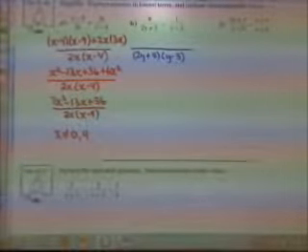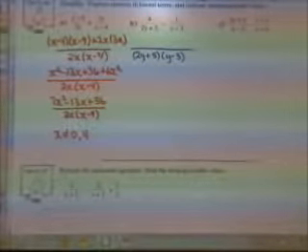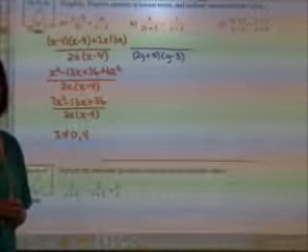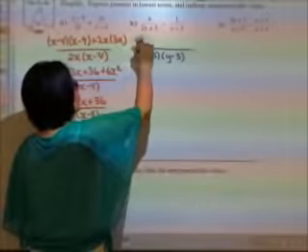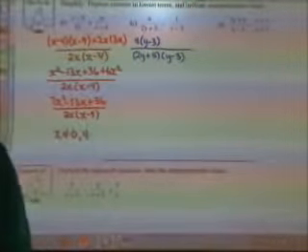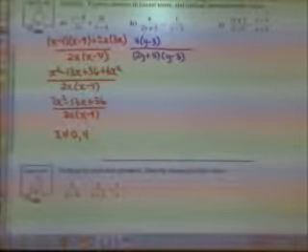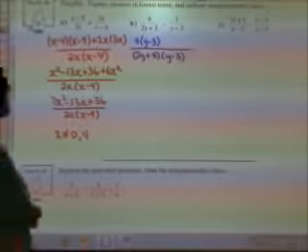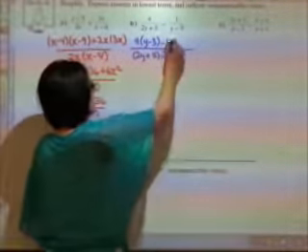So what would I multiply the first expression by to get my common denominator? Y minus 3. And because the top is a monomial, I'll put it in front because I'll probably find it easier to multiply it that way than to have the y minus 3 and the 4 at the back. And what would I multiply the second expression by? 2y plus 5. So again, because this is a monomial, I'm going to treat it as a negative 1